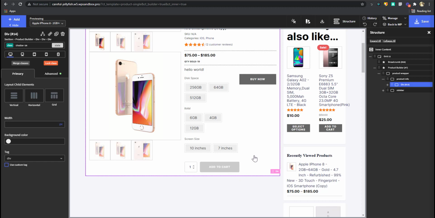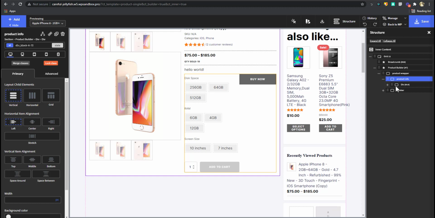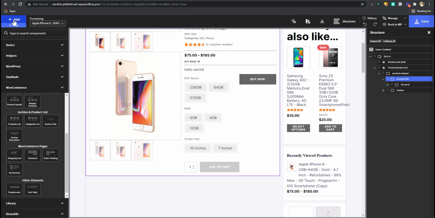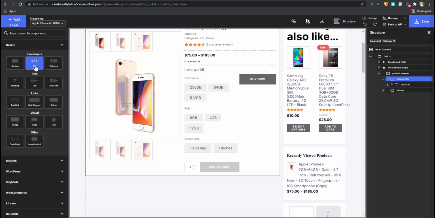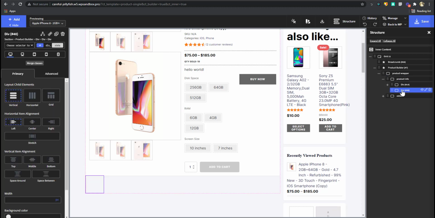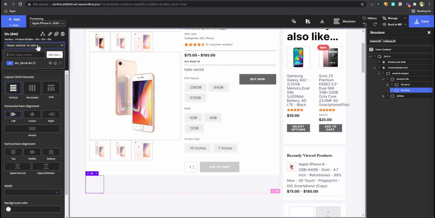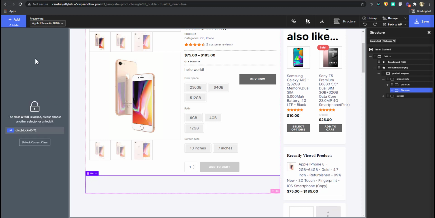We're going to add another div, you know, under that particular div. We're going to go to add a div. So I'm going to make this full width, and I'm going to apply the card settings to these two, because this is where we're going to drop that related product. Okay,